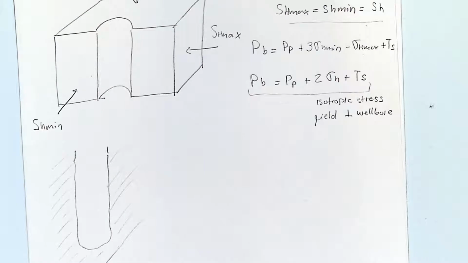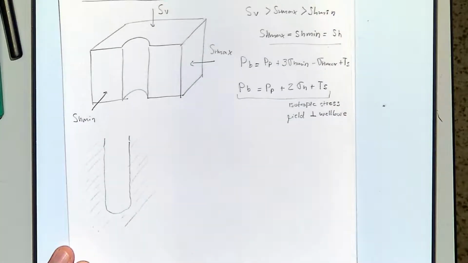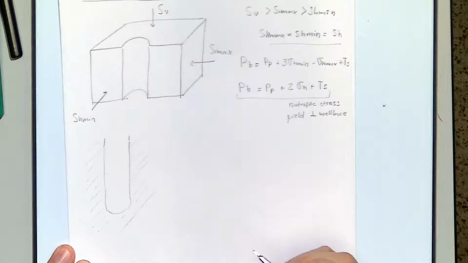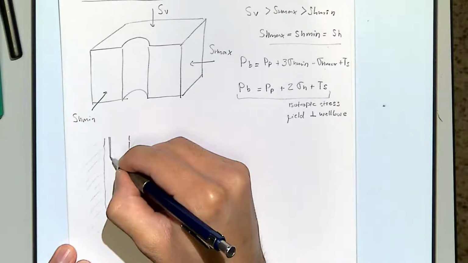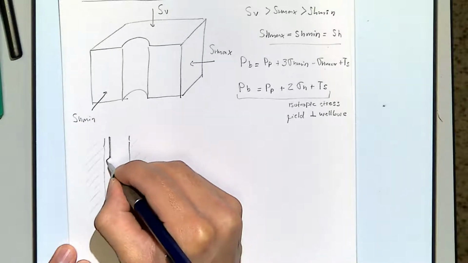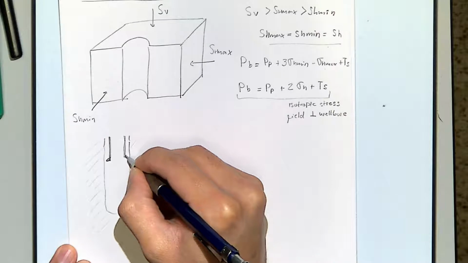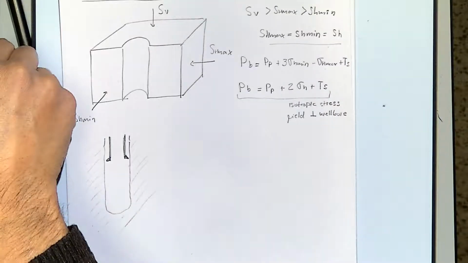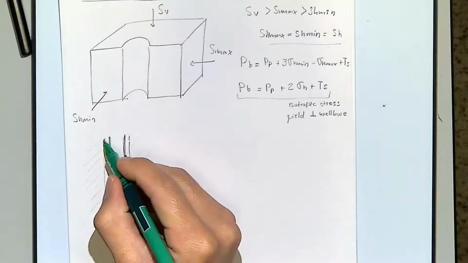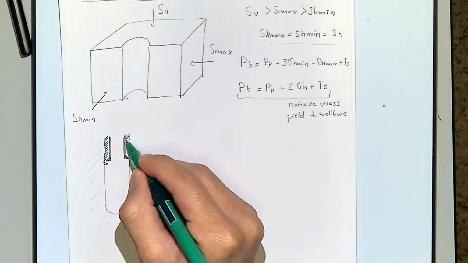You either case the wellbore or you might want to put some packers and pressurize the wellbore. But let's assume in this case we get with a casing here and you run the cement and you cement this wellbore, and after you do that